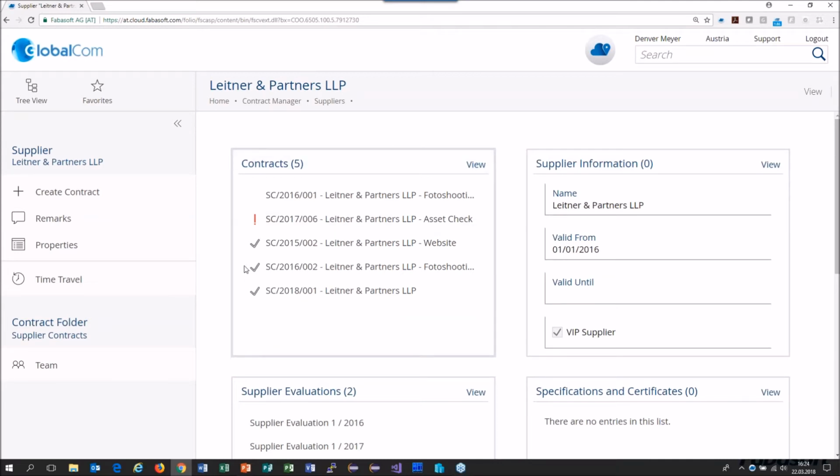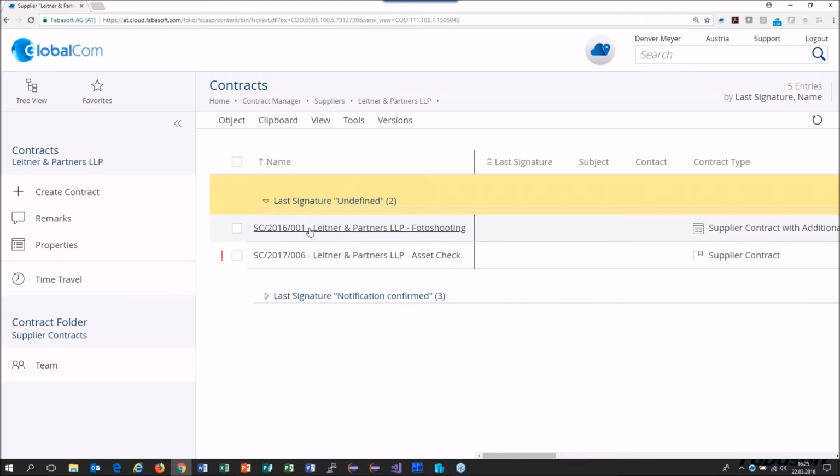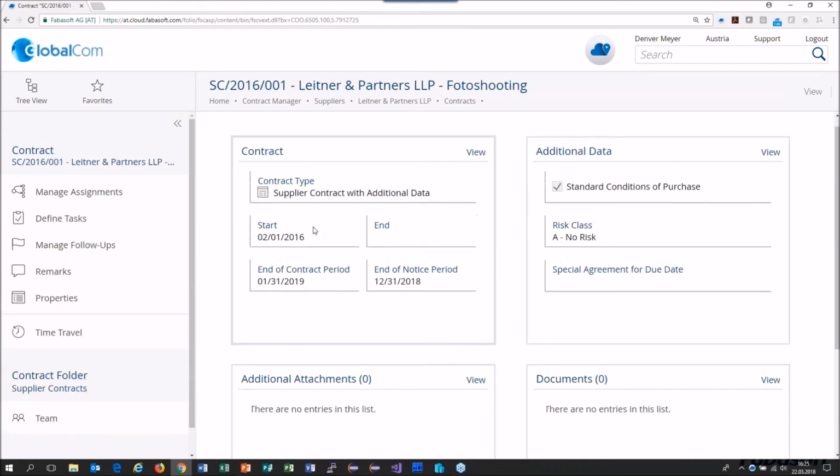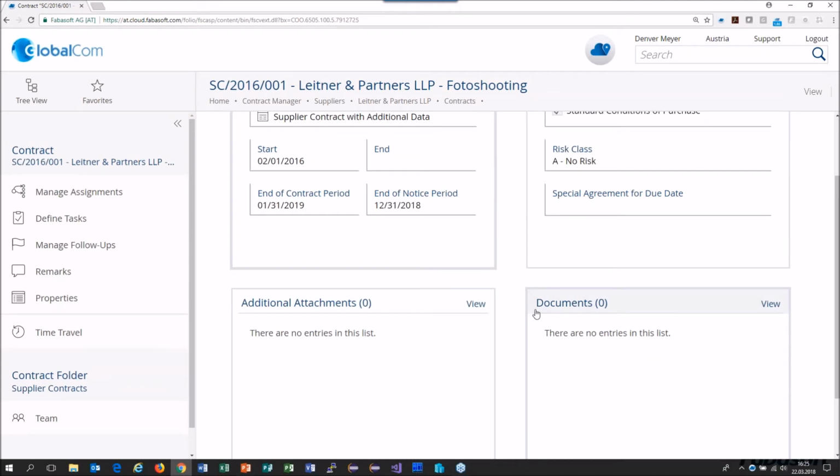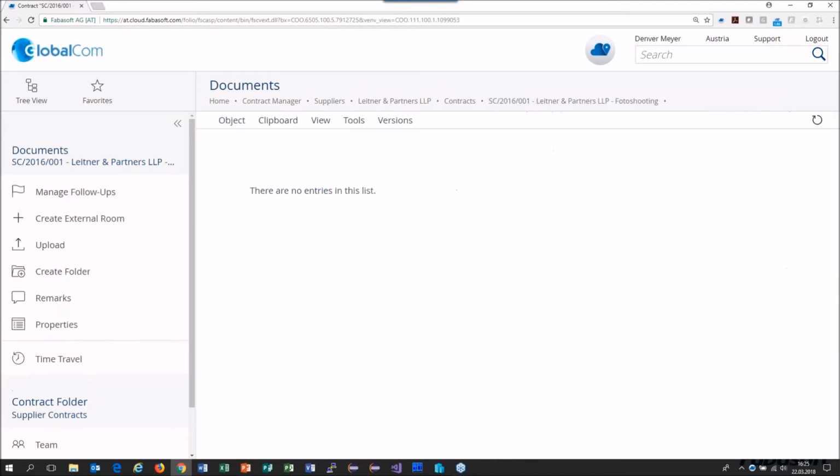I don't get only the documents, but I also get additional information that is, for example, synchronized from ERP systems to get that holistic view for a person who is responsible in the legal department, for example, for contracts. So if I go to the list of the contracts and have a specific contract, then, of course, contracts are normally something that is archived internally, but especially when you want to integrate externals directly out of your